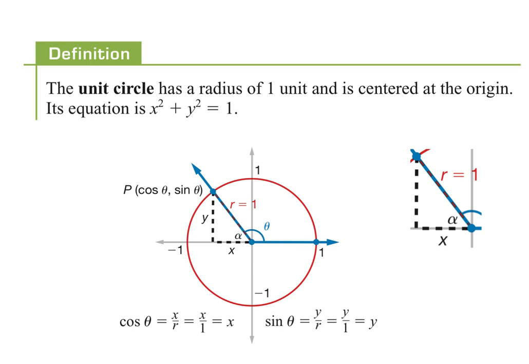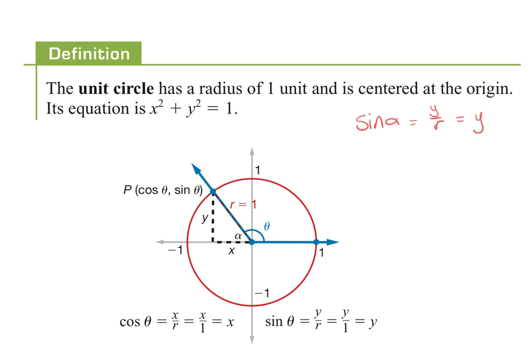And so what we do with the unit circle is we create common angles, and we're going to create the entire unit circle based on common angles. So let's talk about what this does then. If I look at what we did for bell work and I wanted sine of theta, I would say, well, that is y over r. Well, if r is 1, what does that mean my sine is? Y over 1. What is any number over 1? Just itself. So now on the unit circle, my sine is just my y value of where it terminates,